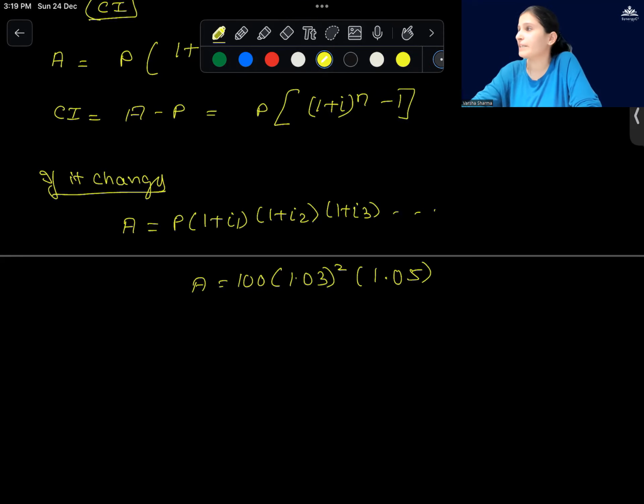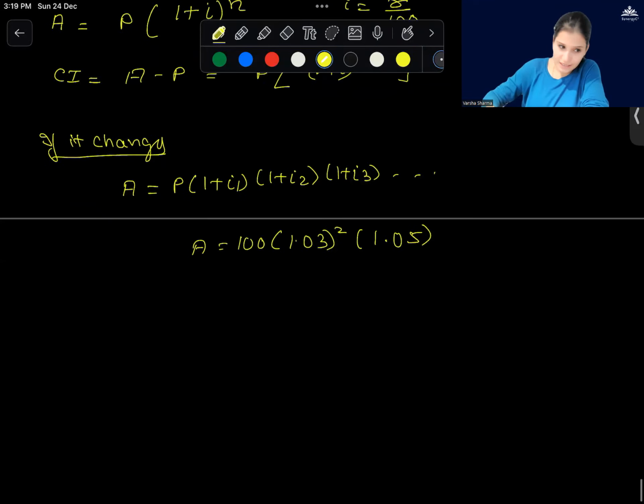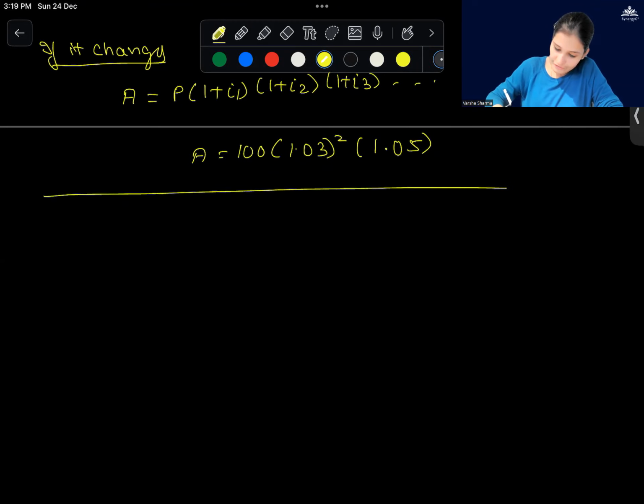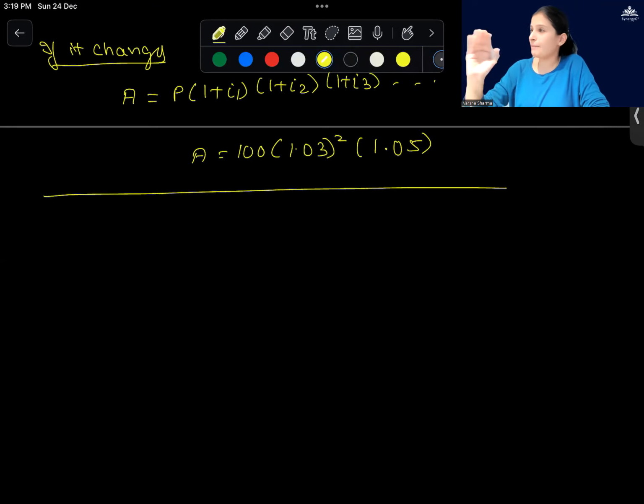Whether it's half yearly or quarterly, we'll make the adjustments accordingly. Understood? Any doubts? Clear? Next, if the question is in this format, effective rate of interest. Okay, before that, see, in case of interest, the amount keeps on increasing because I've given someone a loan and I'm going to get interest on it. So when he returns me the money, my money increases and I get an additional value for it.